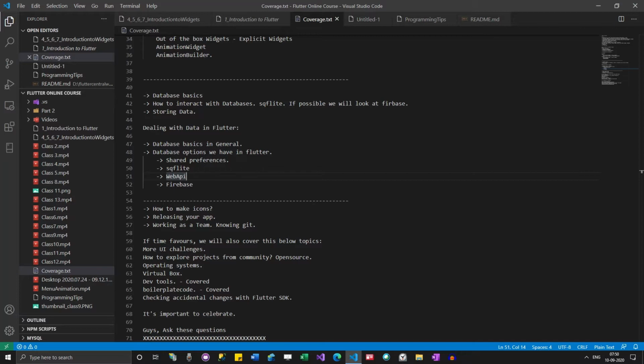But whether a web API is a REST API depends. REST is more about performing some operations like get, put, update, delete.